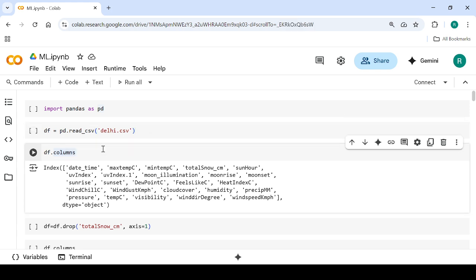After that, we go on to the columns. When I add df.columns, it takes the data from Delhi.csv and shows the columns, with the index starting from 0. The first column is date time, the second is max temp C, the third is min temp C, the fourth is total snow cm, the fifth is sun hour, the sixth is UV index, the seventh is UV index.1,